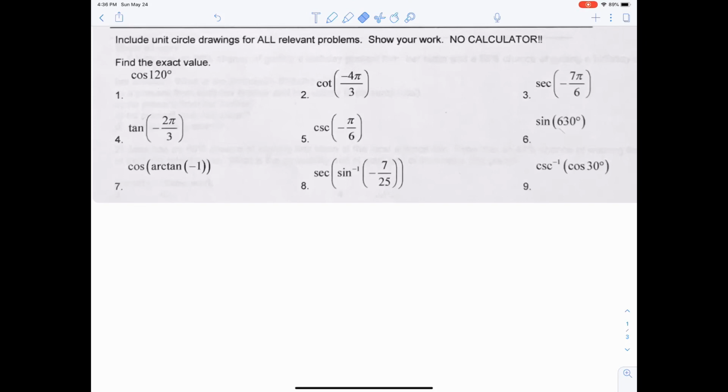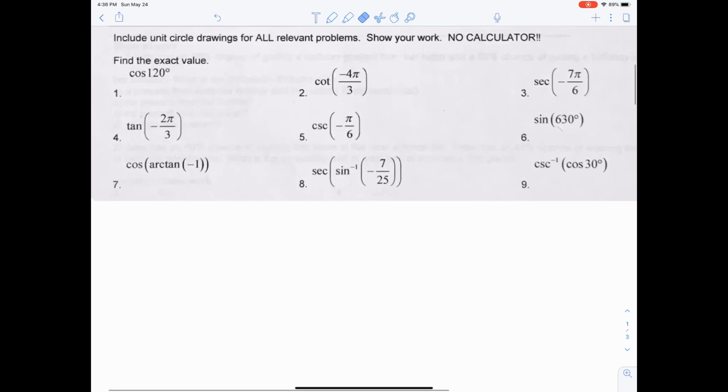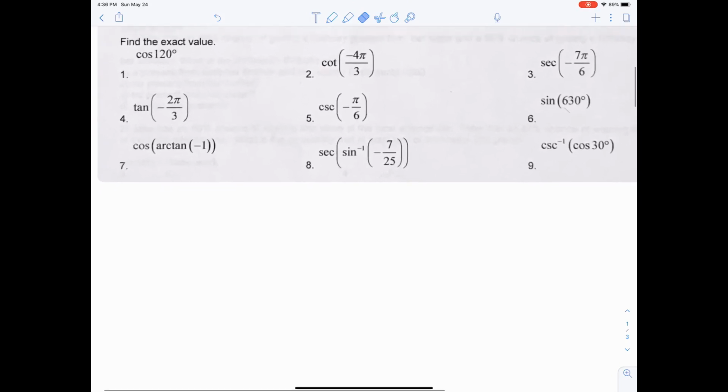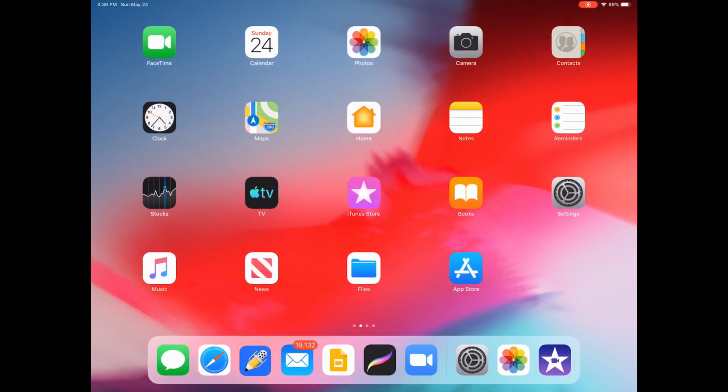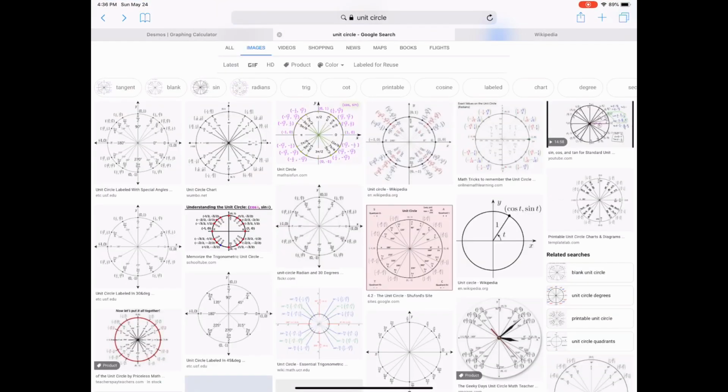Include unit circle drawings for all relevant problems. Show your work, no calculators. Find the exact value of cosine 120 degrees. Whenever you meet this kind of problem, you can go